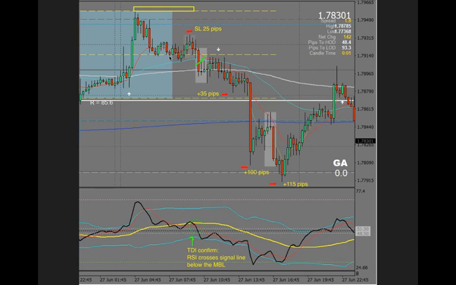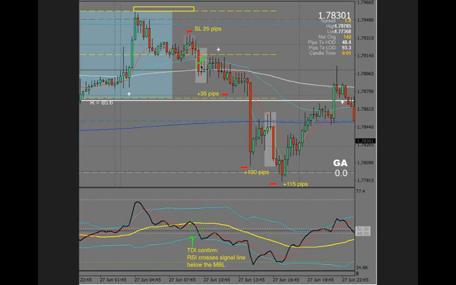Okay, but it didn't, right? What it did was came back up. Okay, and once it closed above the 13, this is where you would take a scratch. Okay, this is kind of where you would exit the trade. You might have taken a small loss, like a 5 pip loss or something like that. But then what you would do is you would wait for the third leg to present itself, which it did right here. Okay, and in these cases, you didn't get a cross below the market baseline